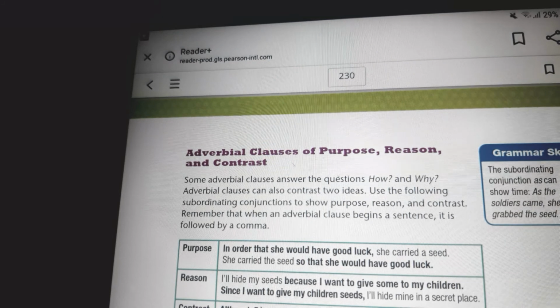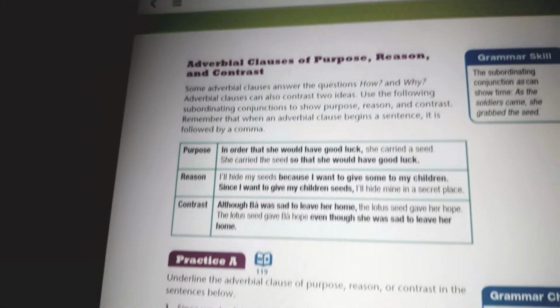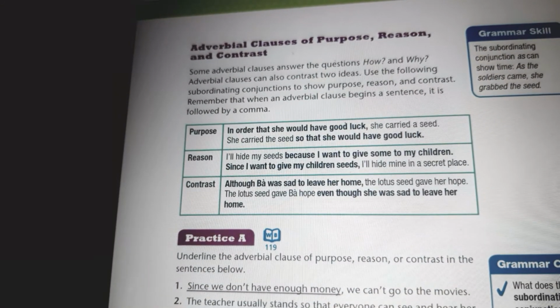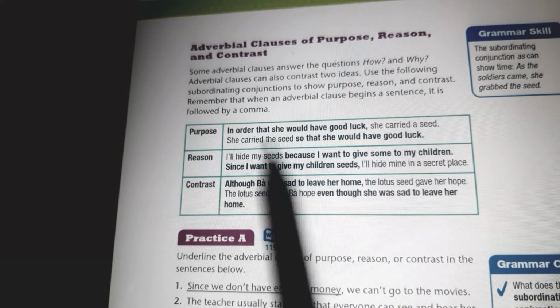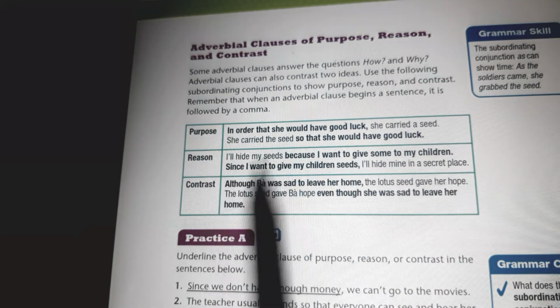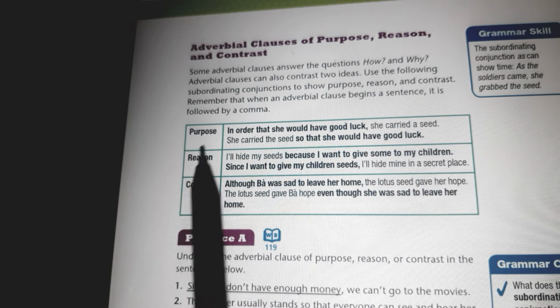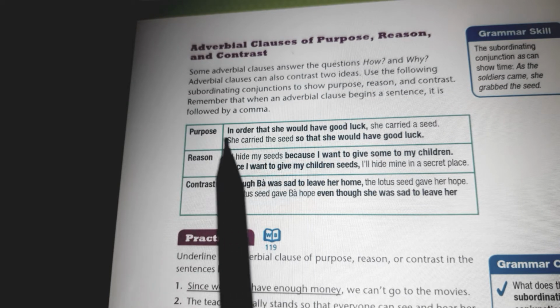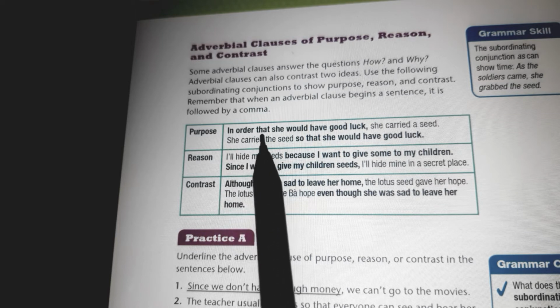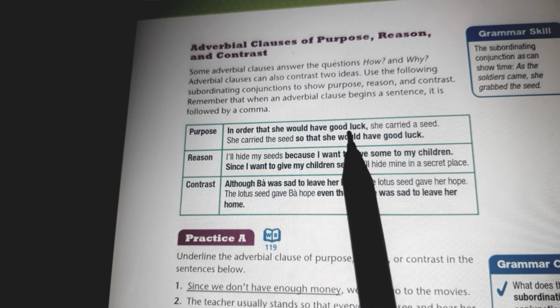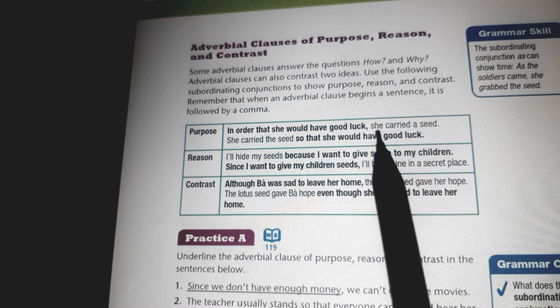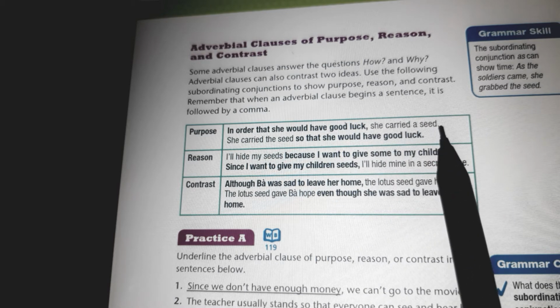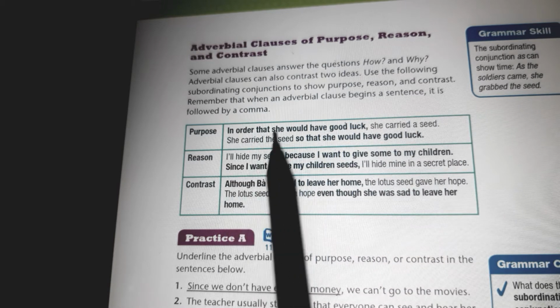So, the best way to recognize those types of clauses is just to go through some examples. So let's see the adverbial clause of purpose. What does that mean? For example, when you read the sentence, "In order that she would have good luck, she carried a seed." Now, in order that,